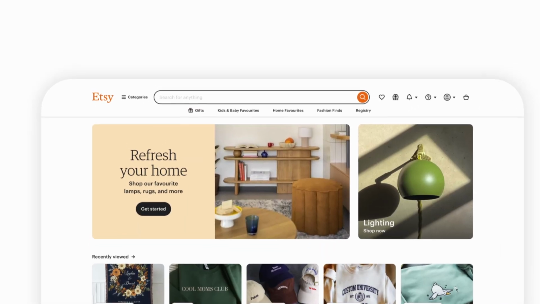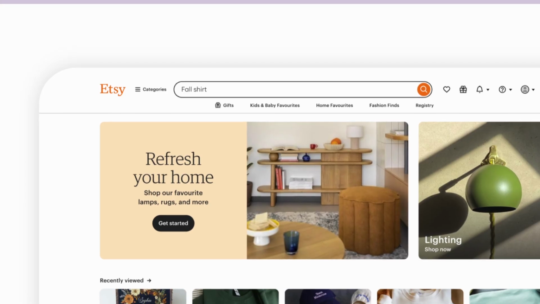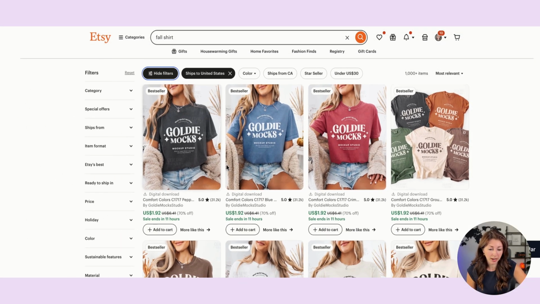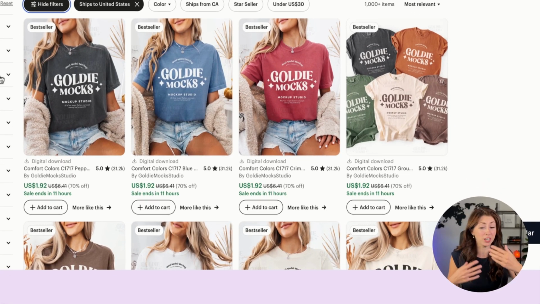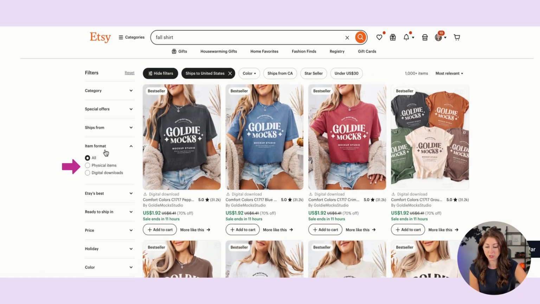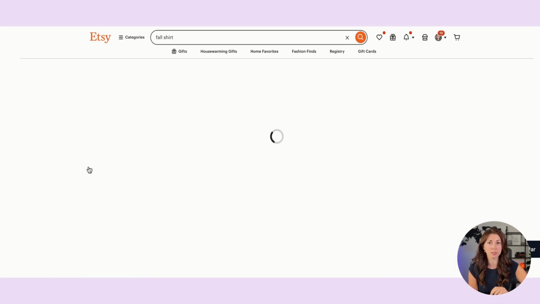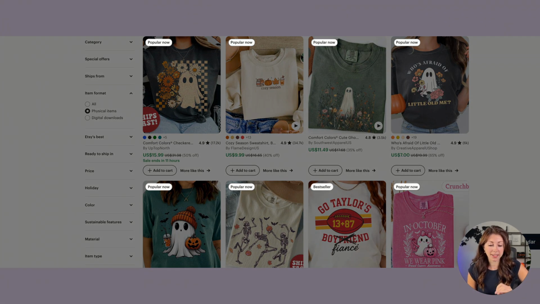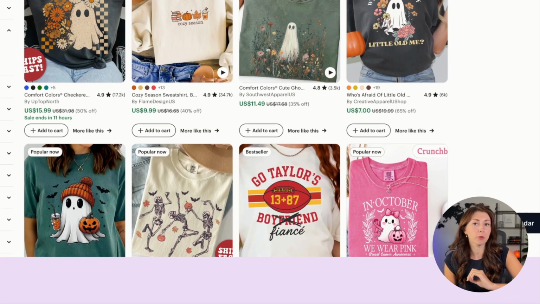So the first thing we're going to look up on Etsy is fall shirt. And I'm just going to add a filter because I don't really want to see any fall mock-ups here because I'm selling print on demand. If you're selling mock-ups, perhaps that's what you want to keep on. But I'm going to go to item format and take a look at just physical items. And already here, we can see a bunch of popular now and bestseller tags, but for this tutorial, I'm going